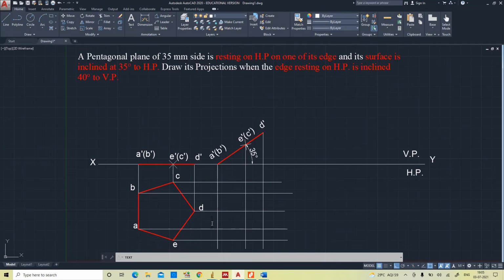As we discussed in the previous tutorials, when you observe from the top, this will look like a reduced pentagon or compressed one. So dimensions will change. That's why A1. And this point will be B1. And this one will be C1. Coming to D, D. This one D1. And this one E1.